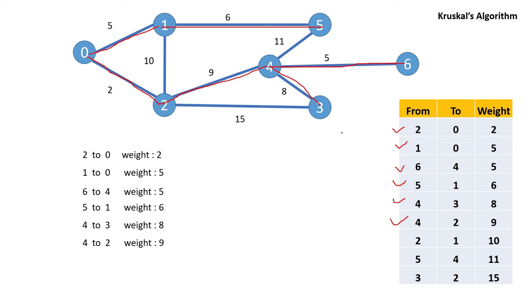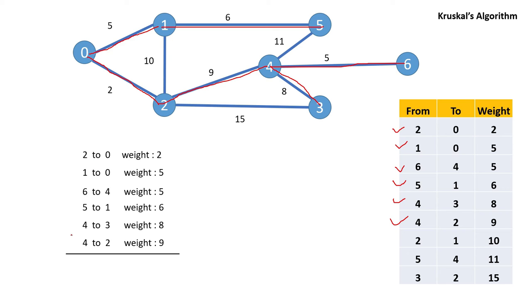And why it is connected, you can also check: if I have a total of 7 nodes, then using 6 edges I can connect them. So if you see here, already I have taken these 6 edges, 1 2 3 4 5 6. So already I have taken 6 edges, which means we don't have to proceed further. So we got our minimum